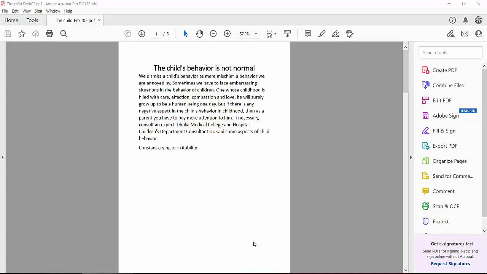Hello everyone, today I will show you how to increase or decrease a PDF layer size using Adobe Acrobat Pro DC. Open your PDF file with Adobe Acrobat Pro DC and in the left sidebar,